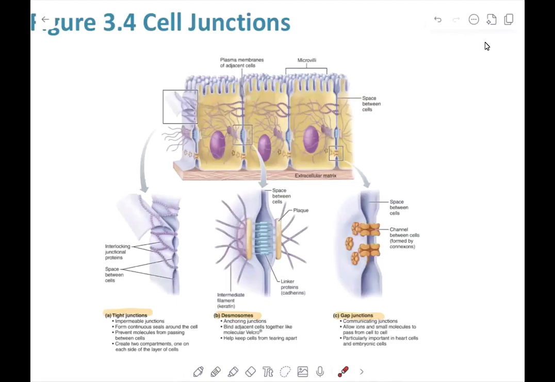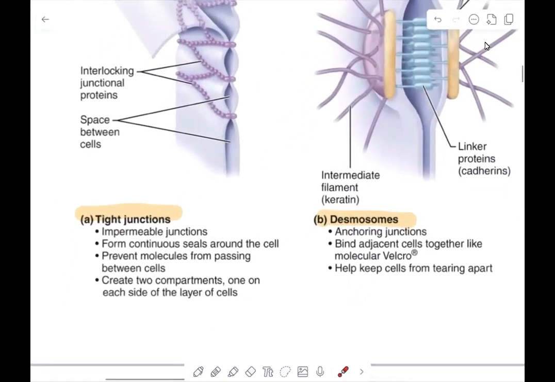So a tight junction is going to be an impermeable type of junction, and it forms a continuous seal around the cell. And it's going to be found in places like the GI tract. So, for example, nutrients that are in the GI tract, you do not want them getting into the blood. So that's why we need these tight junctions, and they don't allow anything to get through. However, this one is really a structural type